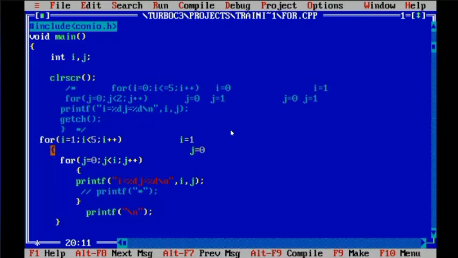Now inside the first for loop, what do we have? We have a for loop. Inside that we have a printf statement, and we have one more statement that is for giving blank. Is it clear or not? I'm not giving blank here. Is this clear or not?